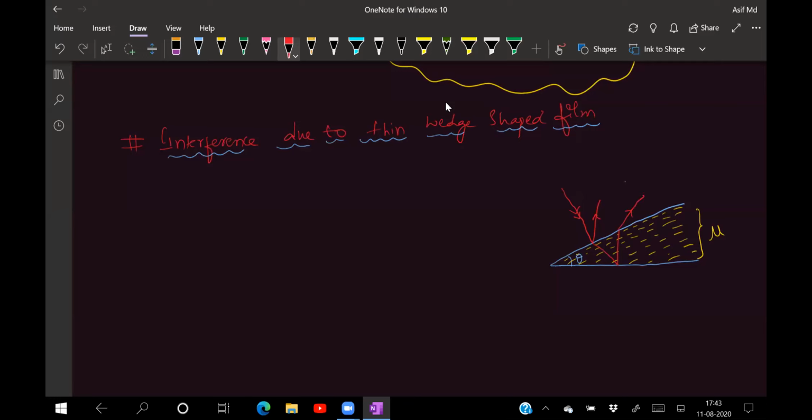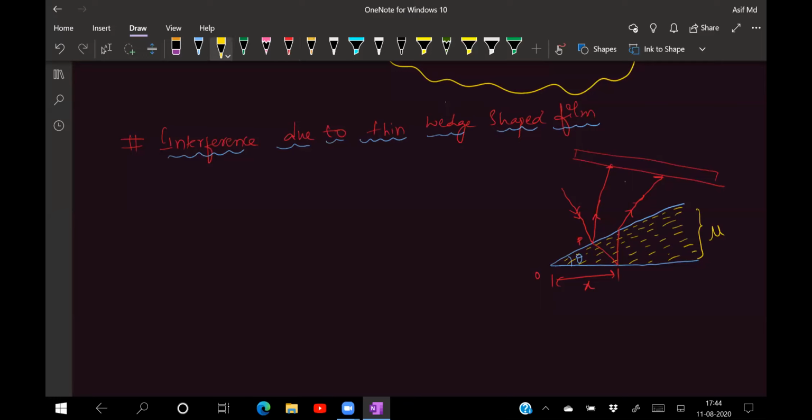These two rays of light, if I keep a screen somewhere here, will be incident on it and form an interference pattern. I have taken only one wave, but all the different rays undergo this and form bright points and dark points on the screen. Say this is a point P where a bright fringe is formed, and this is O, and this distance is say X. The point P may be a dark fringe or a bright fringe.